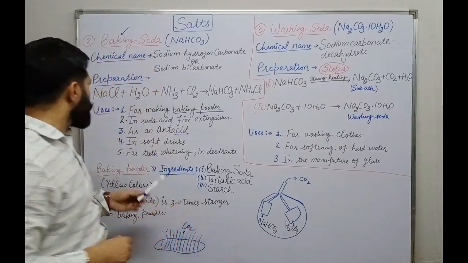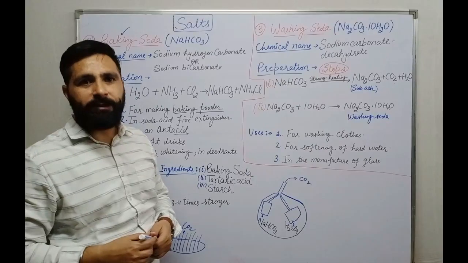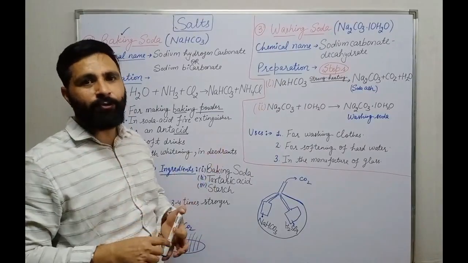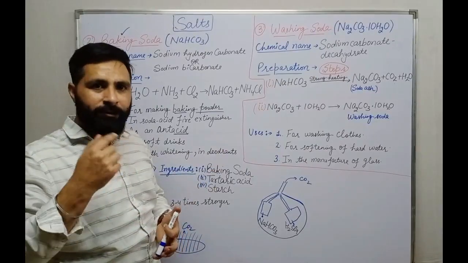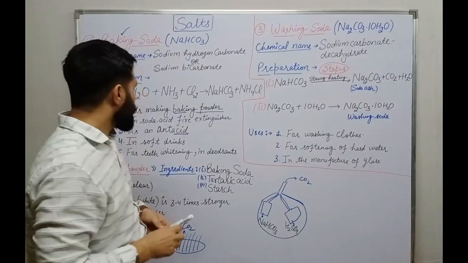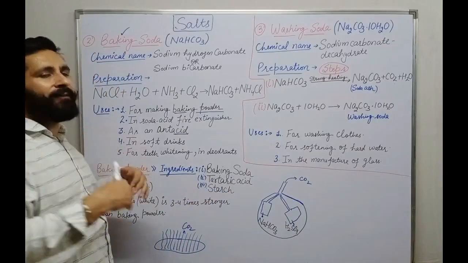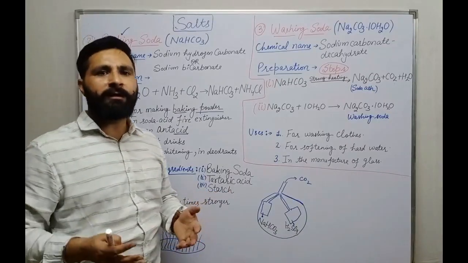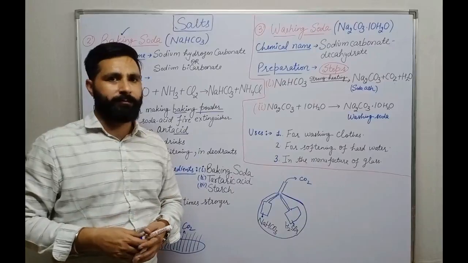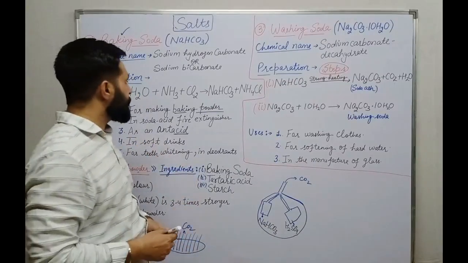Clear? So baking soda is also used for teeth whitening. If you rub your teeth with baking soda, you can make your teeth white. In deodorants also it is used. So for every salt, the uses are there that you have to remember. So beta, I think this topic is clear. Now